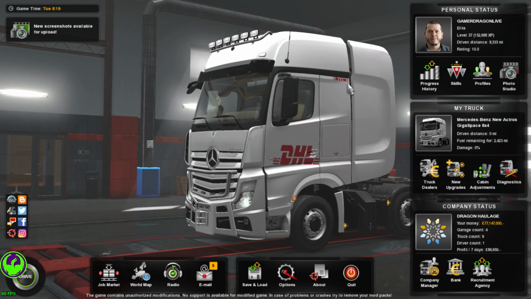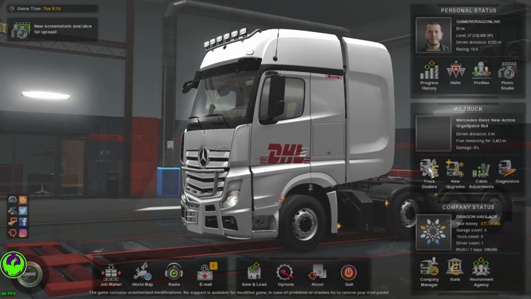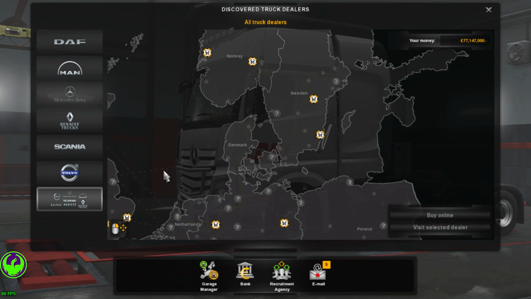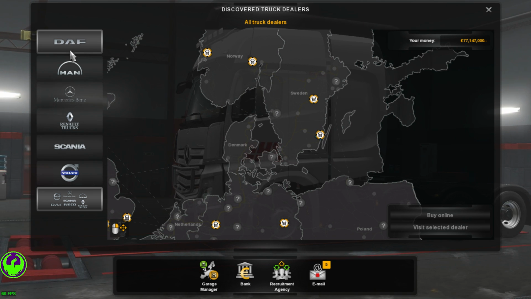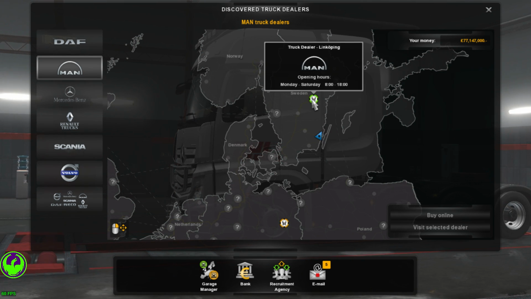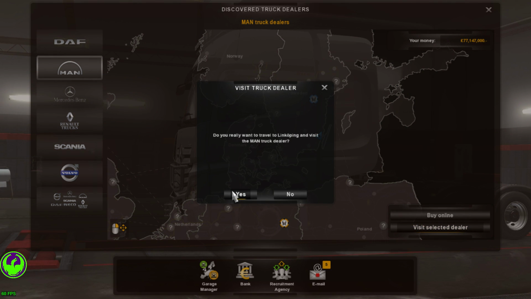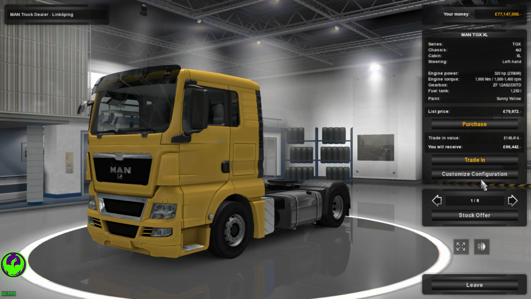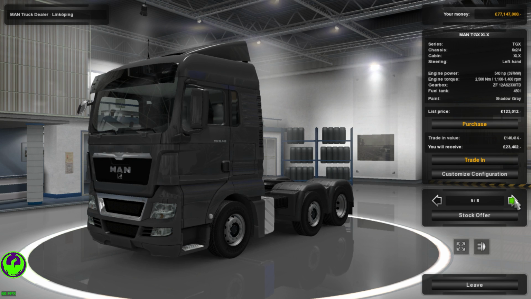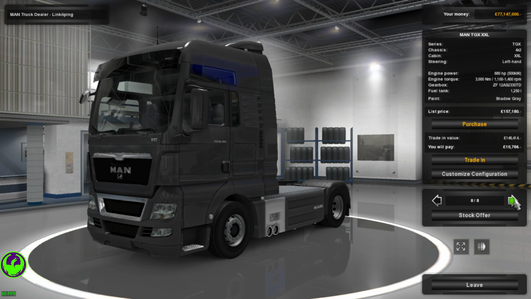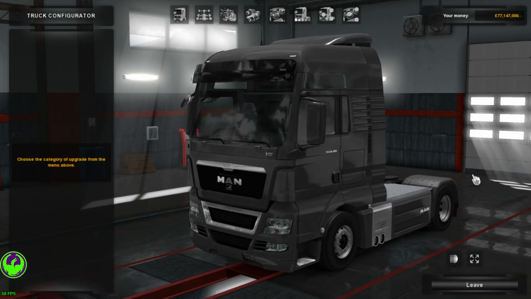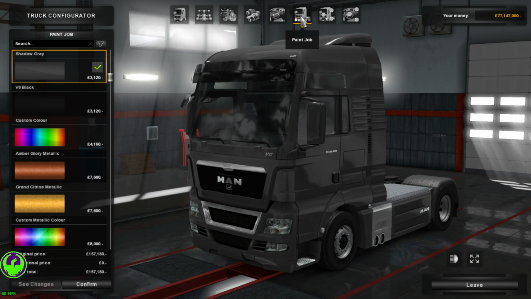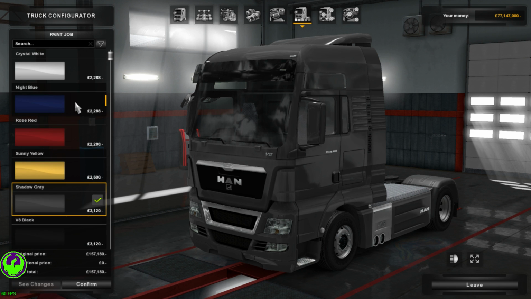And why has it changed that? Right, anyway. Right, look, that's not. It's on the different truck for some reason. So you want to go into the man dealership. Any man dealership should be fine. Right. So, for instance, we did it for that one, didn't we? The XXL. So if you go into customize configuration, fingers crossed here, guys. If you go into paints, hopefully